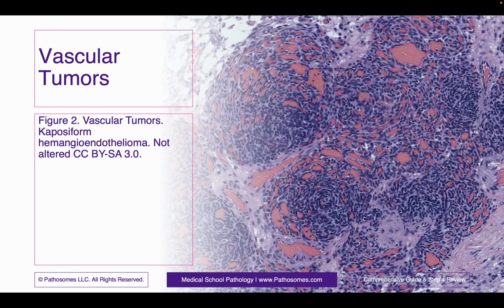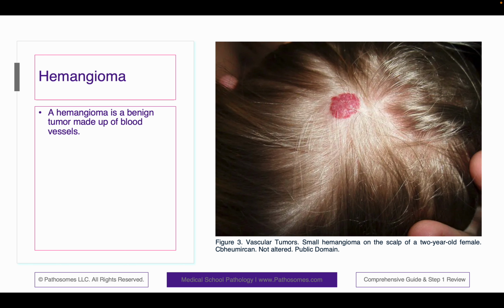So we're going to talk a bit about vascular tumors. This is just a histologic representation of a Kaposiform hemangioendothelioma, just to reiterate that there are many different types of vascular tumors. There are many different types, but there are three key ones that you specifically need to know about, and we're going to talk about those in detail. Starting with